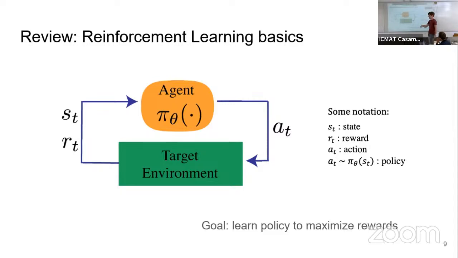So it's like a loop, in which the agent is taking decisions, which in the case of a large language model is generating text. It receives feedback from a human and then updates. So it's quite simple. And of course, the goal of the agent is to learn some kind of weights, to learn a policy, to learn a large language model that over time maximizes the rewards.